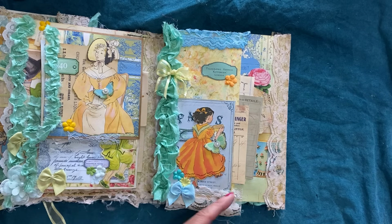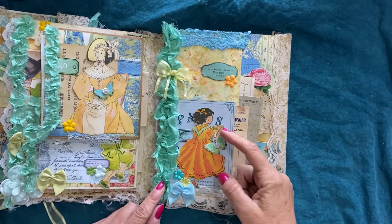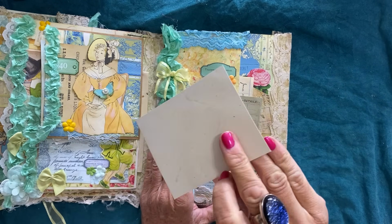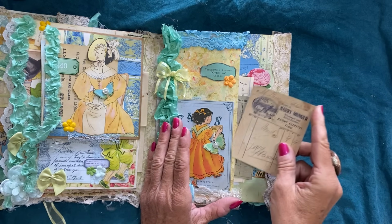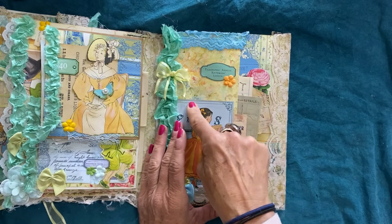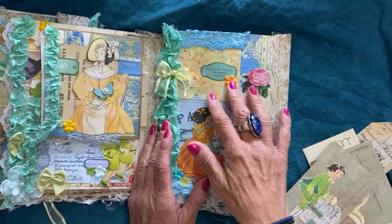Then we've got some lace, some bling, a little bow, another bow there, lots of sari silk here, and then a butterfly. And then tucked into there I've just got a printable there. That's just from my fussy cut set 2. That goes into the side. This is my yellow roses paper, and this is my tea collection papers here in the background. So they just look really lovely